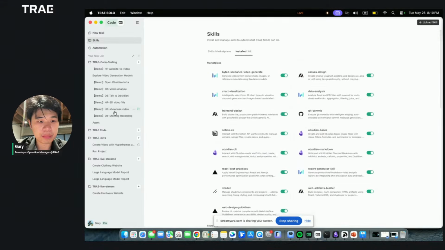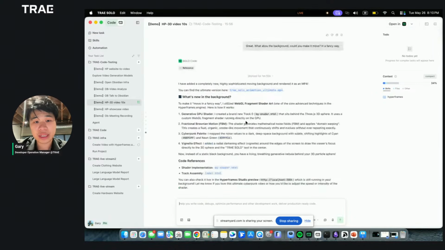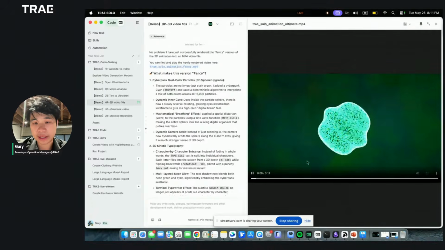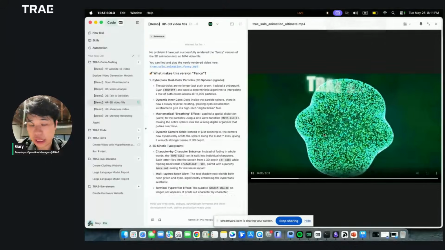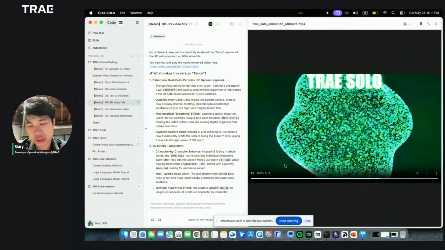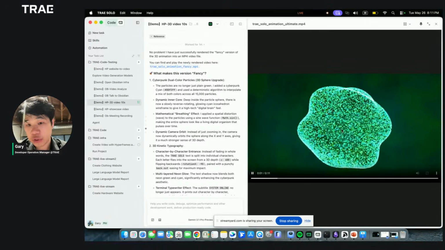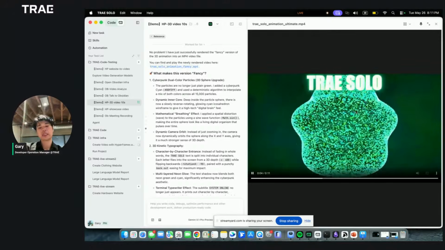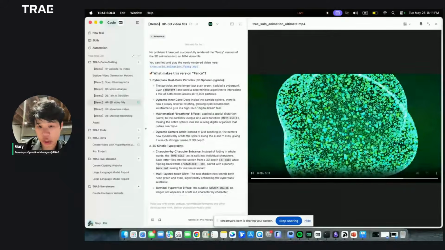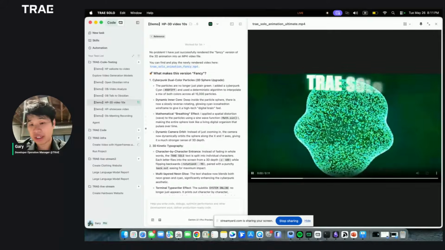So for example, we just go to the first example because it will take a while, and we see we already created a video over here, so let's check it out. You can see this video is generated by the Hyperframes framework, which is just a skill. I only use the coding capability. It just generates everything, which is pretty cool. It shows a 3D library, and shows how to use a coding agent to create a 3D object and make it move, have a rotation, and also has different amazing cool effects.